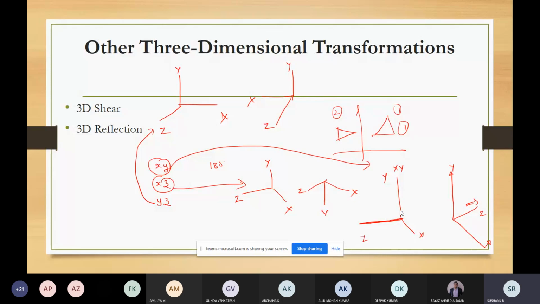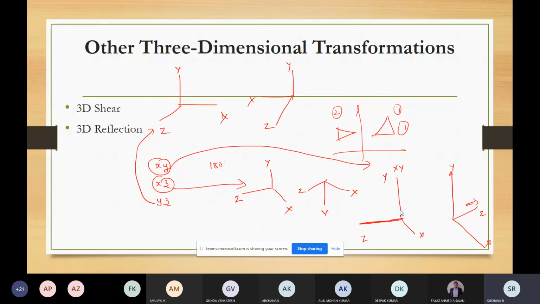So if the reflection plane is about the xy, xz or yz axis, we can think of the transformation as a 180-degree rotation in that space. From the example you can understand. When it is the xy plane and I do the rotation, the z axis which was on the left hand side is moving to the right hand side. Similarly, you can conclude the same for the other planes also. So this is regarding the 3D reflection.